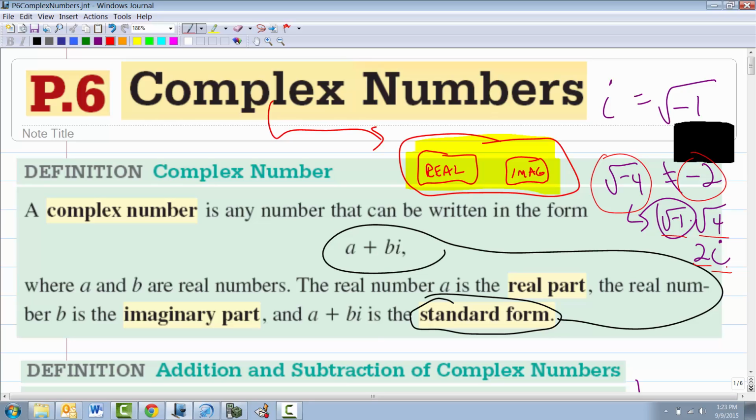Now, I will tell you that the word complex numbers, like I told you in P1, actually is both sets of numbers put together. I'll tell you a story about students I taught my first 3-4 years. I told them complex meant imaginary. I was wrong. I screwed up all those students. They're all ruined. All right? So understand complex means both real and imaginary if you want to play with the words there.